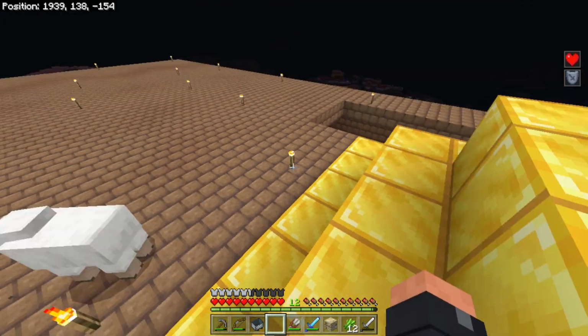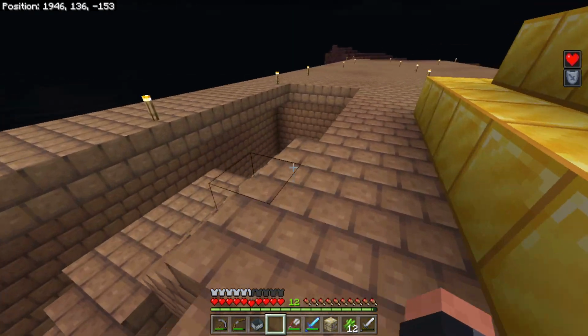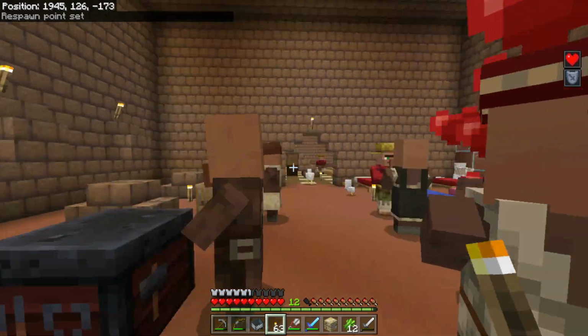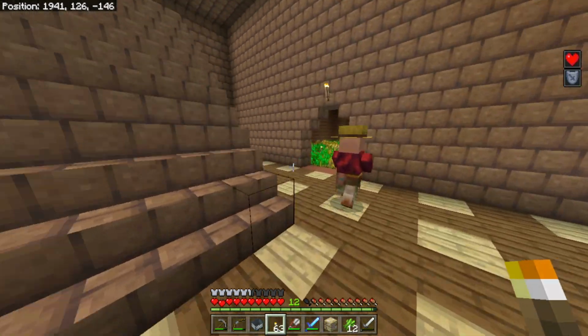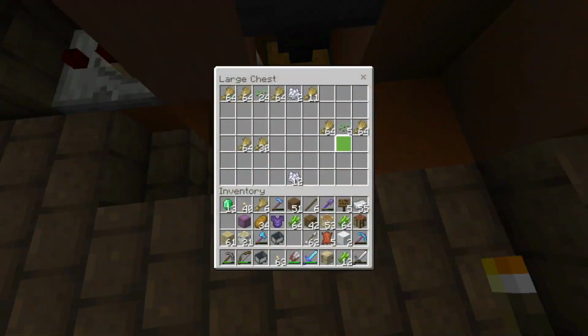Also, why is there a sheep on the roof? I don't know, but we got a sheep on the roof, I suppose. So there's that. Alright, now we have our villager empire starting to grow. But in order to make our empire truly grow, we'll have to do some animals. And the best way to do that is to have our AFK...